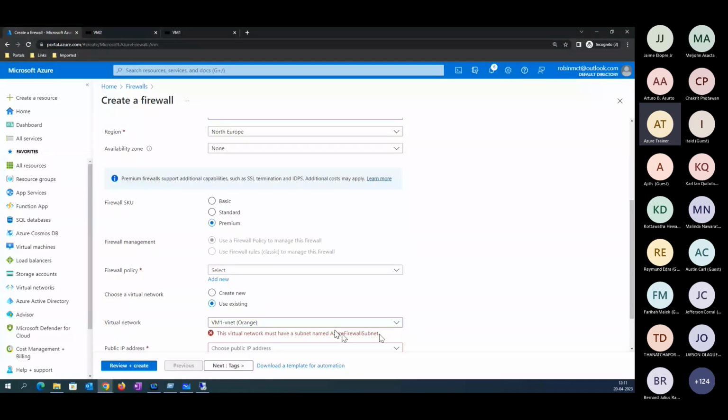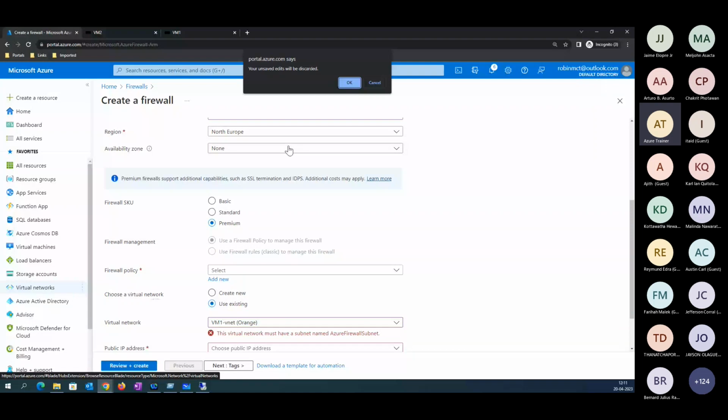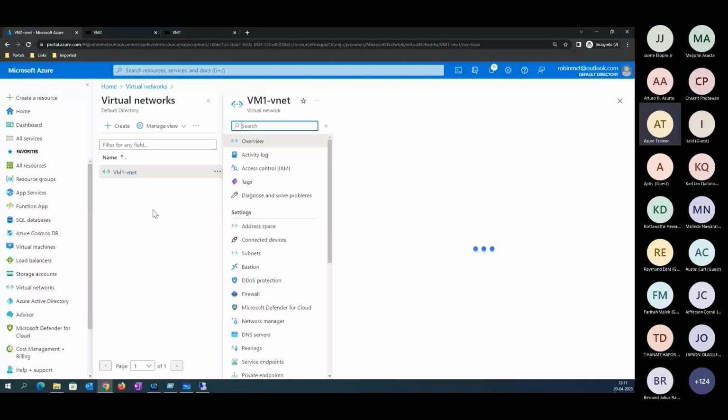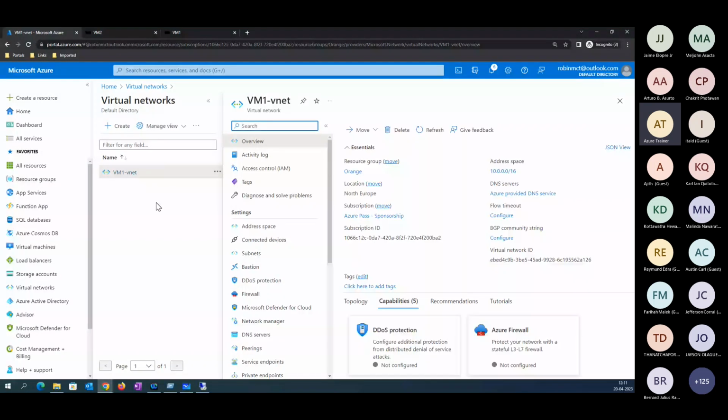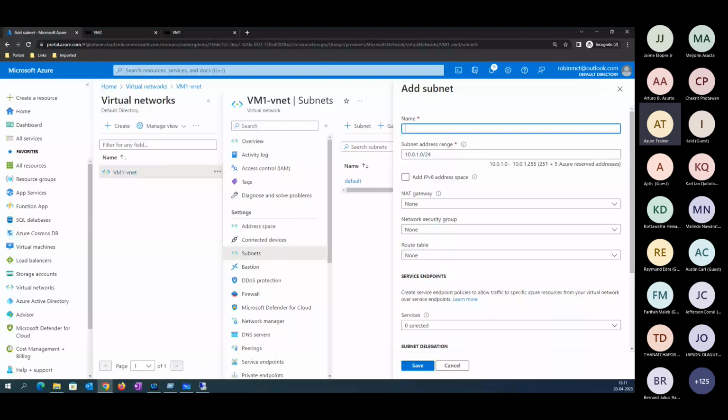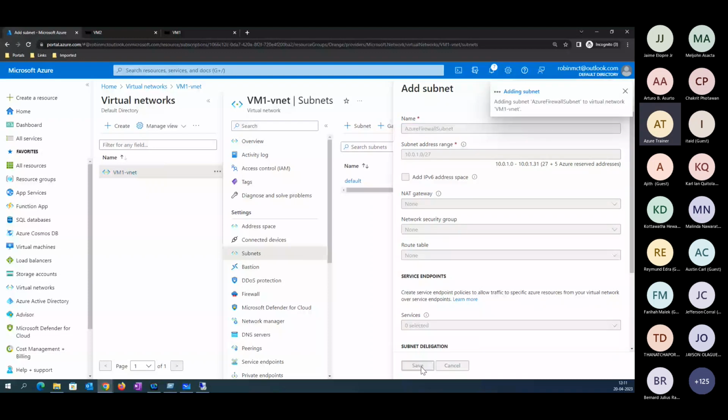If you go to the server portal, into the network, I'm going to create one additional subnet. Only with the help of a subnet will you be able to create the firewall. So technically, you need a dedicated subnet for your firewall. I'm creating one new subnet, calling it Azure firewall subnet. Let's create it here. There is now a dedicated subnet for the firewall.